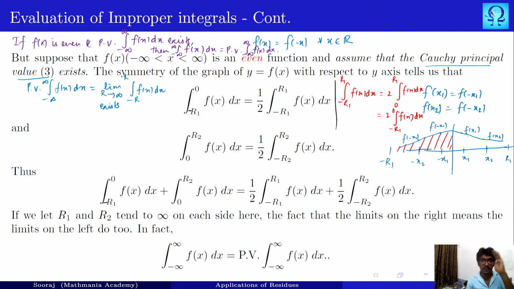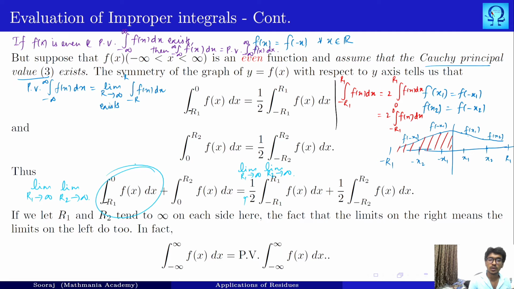Now this very well tells us that if you make your limit go to infinity, limit r1 approaches infinity and limit r2 approaches infinity, if you just take limits on both sides, limit r2 go to infinity. So when you take limit on both sides, what are you going to get? This is independent of r2, so only r1 of x here, only r2 of x here. Here also the same. So r1 will affect the first term and r2 will affect the second term, right?